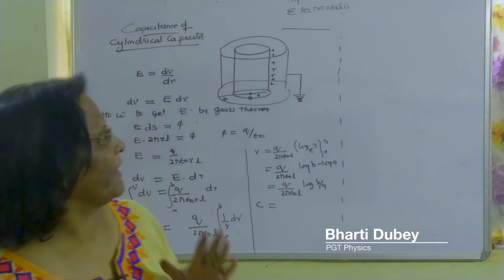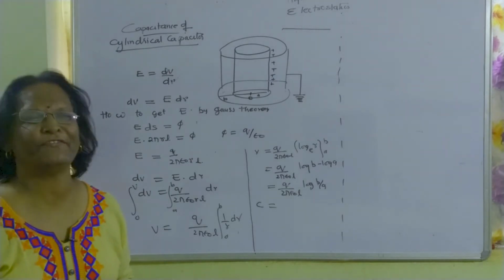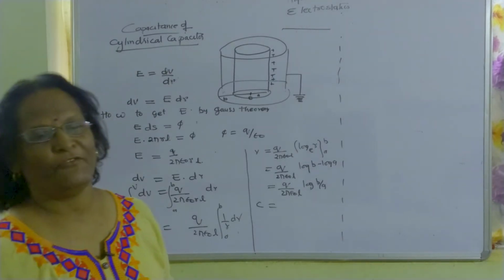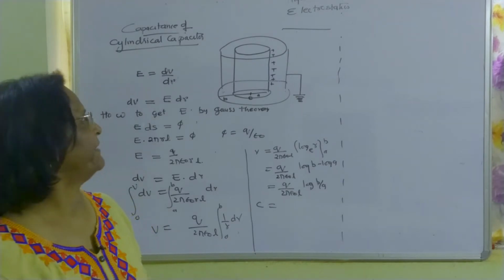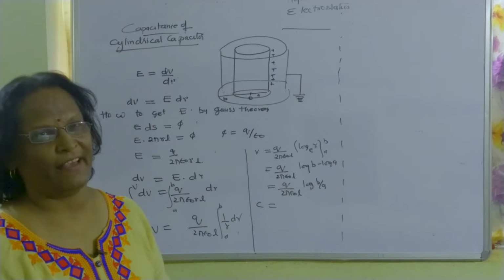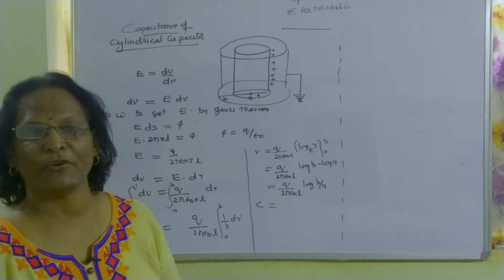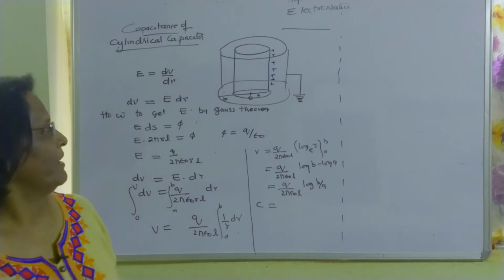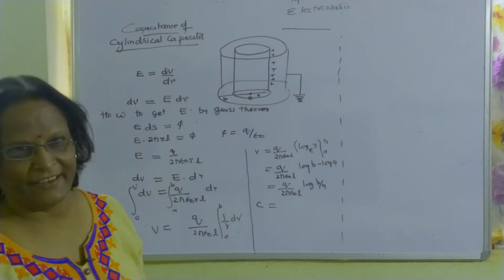Today I will explain the capacitance of a cylindrical capacitor. If you have checked my previous video, you will get the concept of a parallel plate capacitor. Two more capacitors I have explained, that is, one is cylindrical, which we are going to deal with, and the other will be spherical. So here we have taken the first plate in the form of a cylinder.